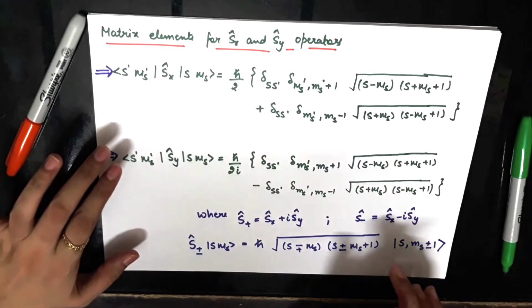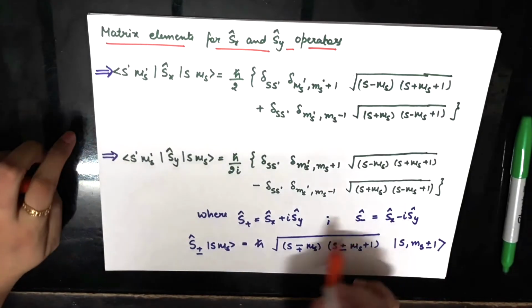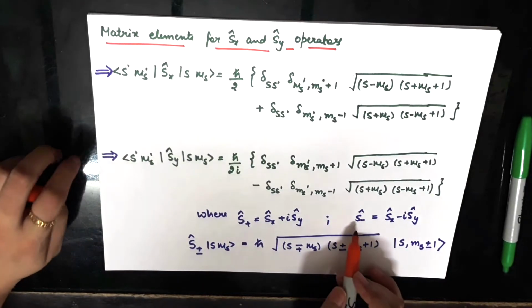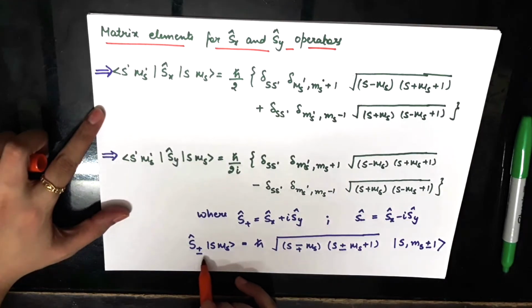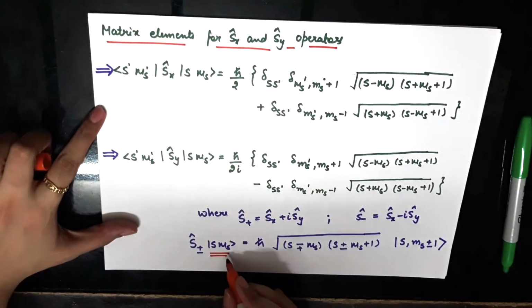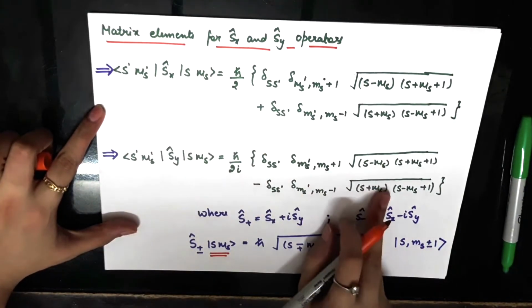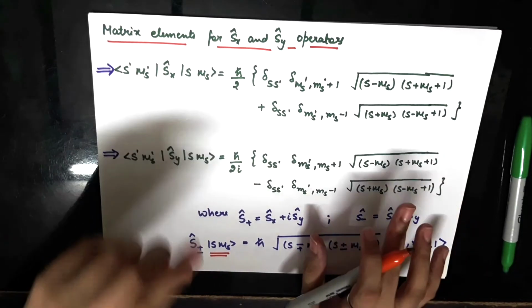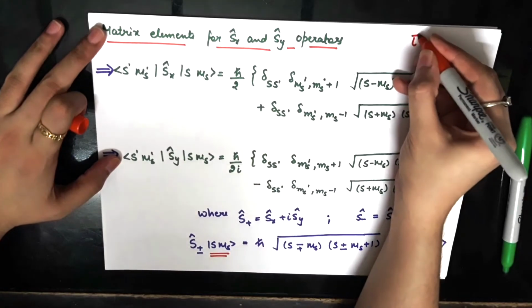These forms of operators follow after defining Sx, S plus and S minus. These are the raising and lowering operators for spin in terms of Sx and Sy. You would recall quickly that this is how it acts on our basis states of S squared and Sz. Using these and this formula, these follow pretty easily. This is a straightforward computation, and I have taken it from the orbital angular momentum results.